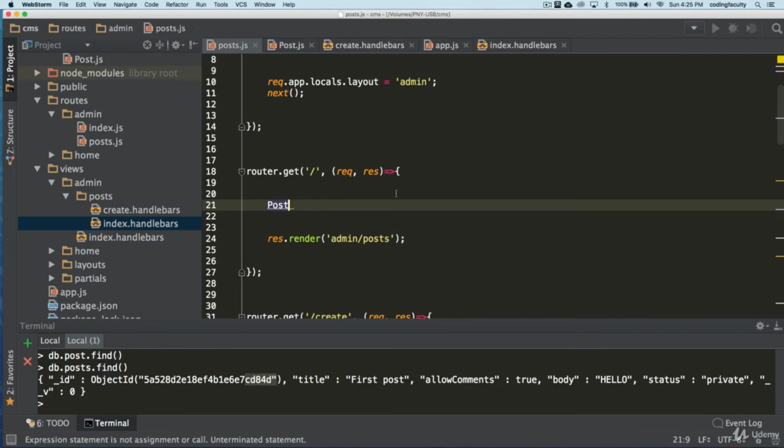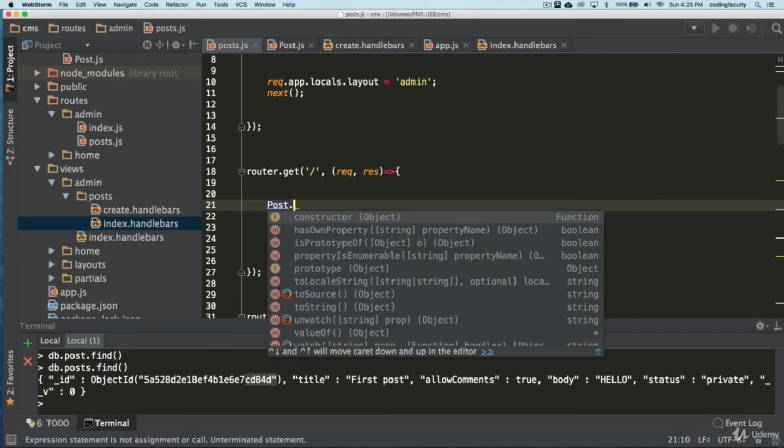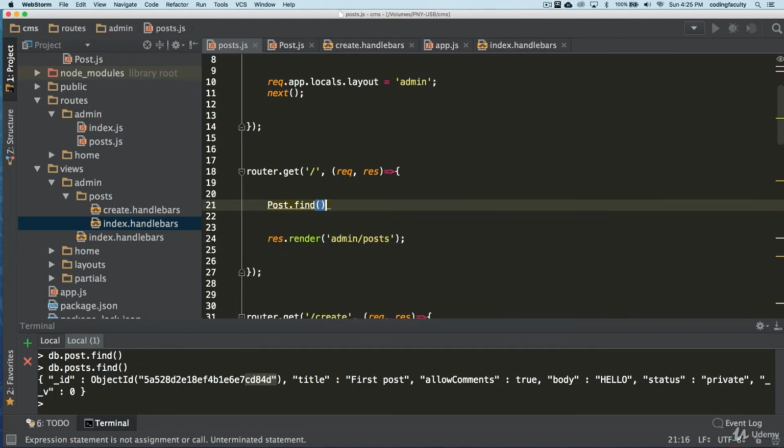So let's bring that up. There we go. And now we just use it. We use a find method, and we're not going to pass any parameters here, because we're not going to do anything. If we wanted to find something specific, we'd just make that query there, but we're not going to find anything. We want everything. So when you're passing nothing here, it's just going to bring everything back to us.